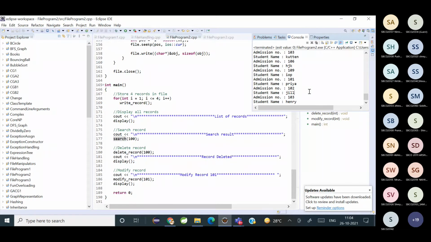And we have one more topic remaining, that is command line arguments. But did you understand files? Does anyone have a doubt? Have you all understood? Yes, students.